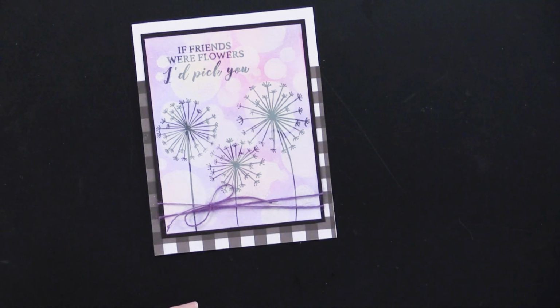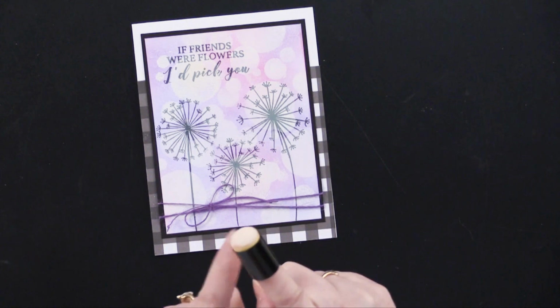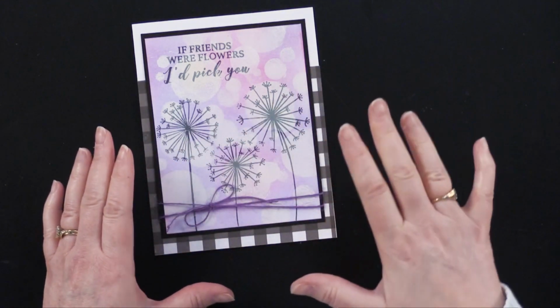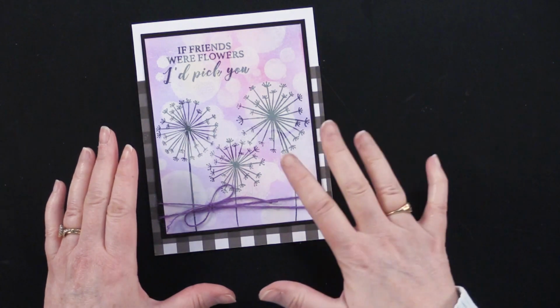And then once I got my pink and my purple down, I used some white ink and a little dauber applicator, which we are getting back in at Paper Wishes. Paulette is ordering those for us. Be looking out for that. And that created my white background using the stencil. And then I used the stamp,